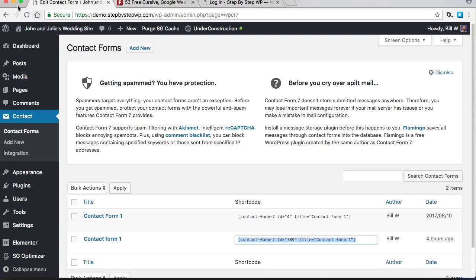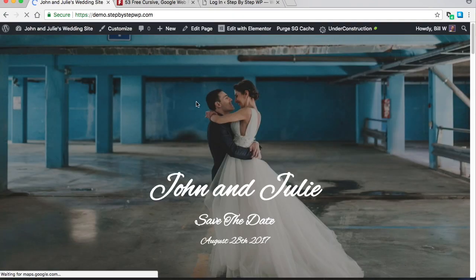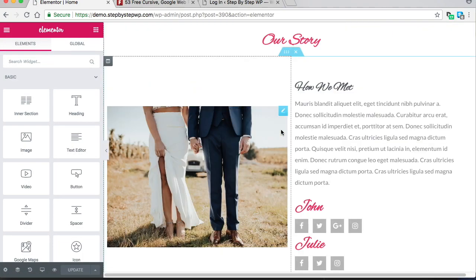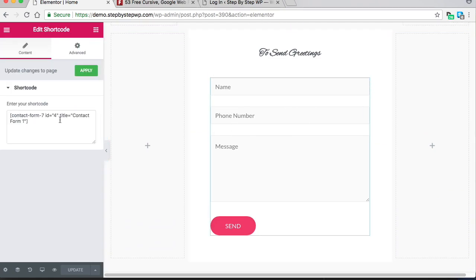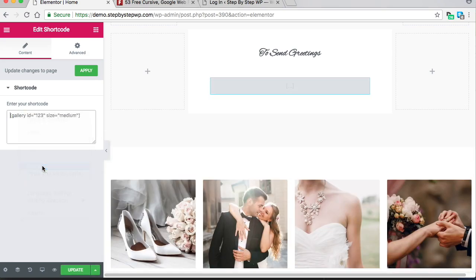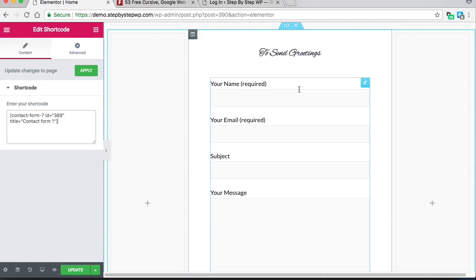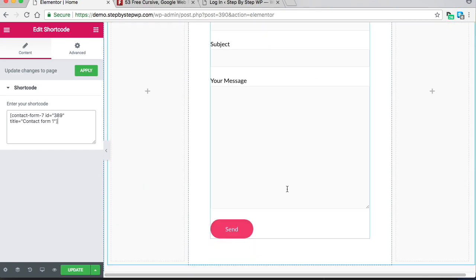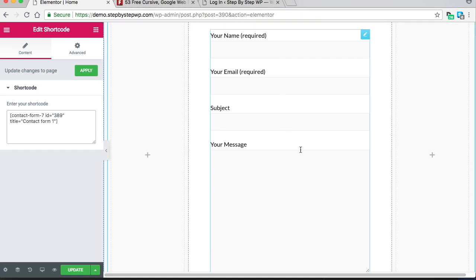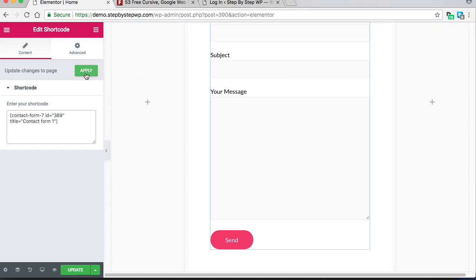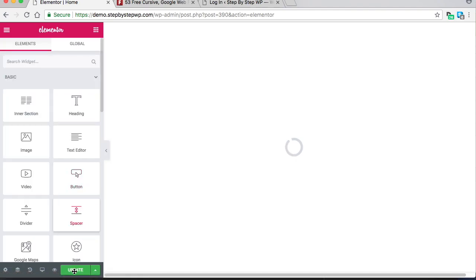Go back to, well, you can just visit the site and then edit with Elementor. Go down to the bottom. Okay, so we click the widget, and instead of this one, you erase that, and then we paste. And now you have sort of an easier form that's already made for you. So I'll click Apply, Update,